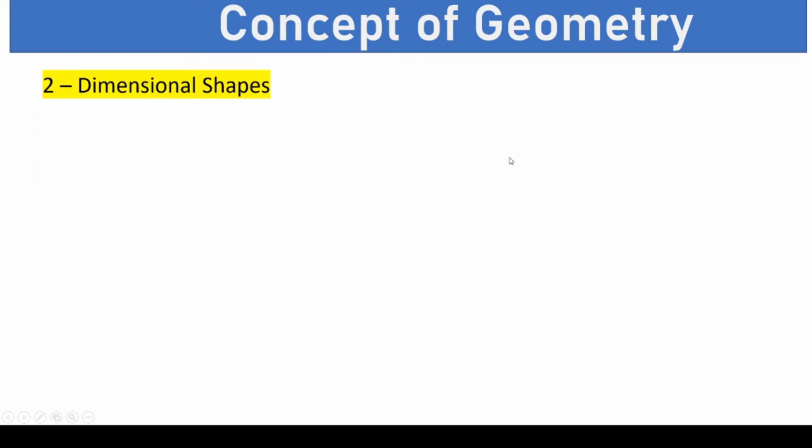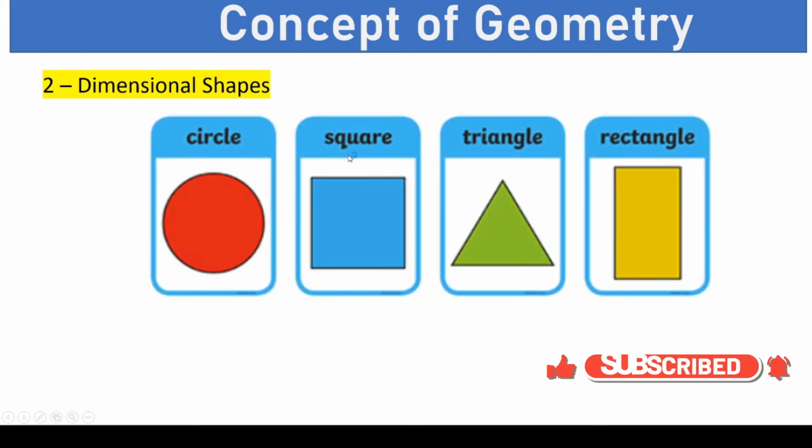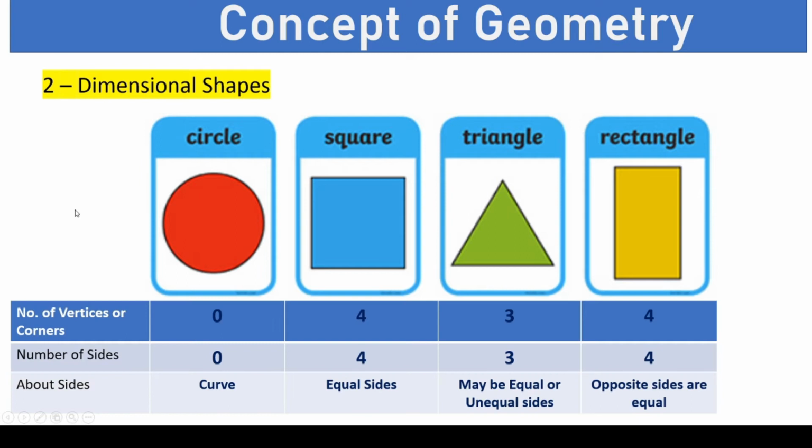Let's start with the two-dimensional shapes. Now, the basic two-dimensional shapes that we need to understand are the circle, the square, the triangle, and the rectangle. Now, we should understand the basic properties that distinguish these figures. First one being the number of vertices or corners. A corner is the point at which two or more sides meet, and then we should learn about the sides. In case of a circle, there is no pointed corner and hence there is no side. Hence, it has 0 corners and 0 sides as it only has a curve.